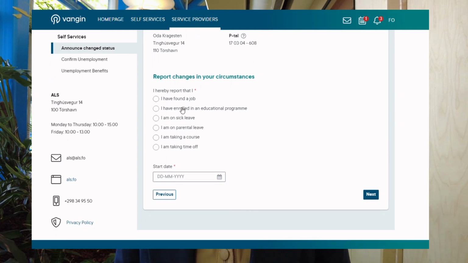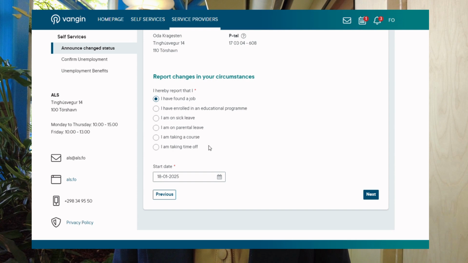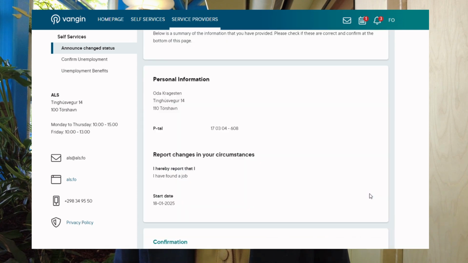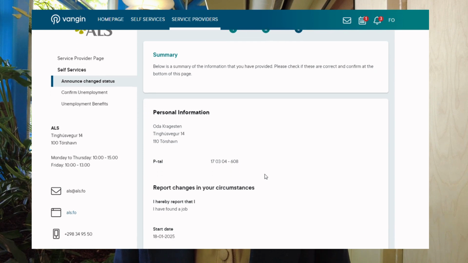If you have found a job, if you have enrolled in an educational program, if you are on sick leave, if you are on parental leave, if you are taking a course, or if you are taking time off. If you, for example, have found a job, tick the box, and then inform us when you started your new job. Please then choose Next in the bottom right corner to see a summary of the information that you entered